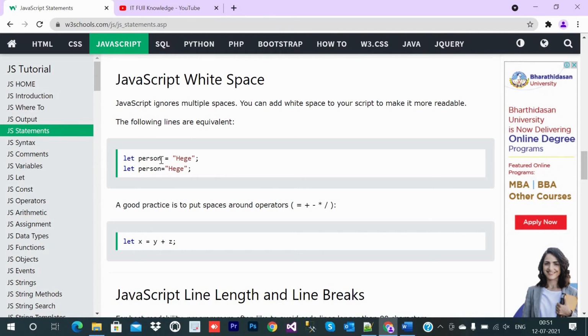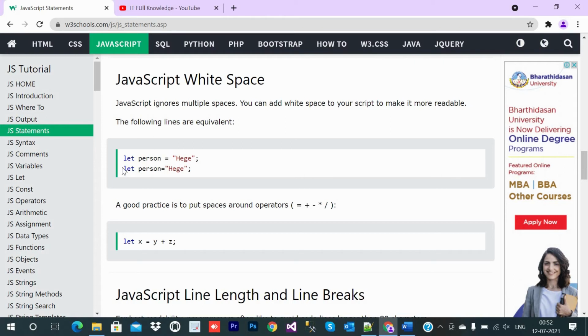For now just understand that if you write let person equal to a name, like Atul or anything, and you want to write it with clear understanding, so that if any other developer reads your code it is easily readable, we can put spaces between the operator, string and variable. Then it is readable, and JavaScript ignores multiple spaces.